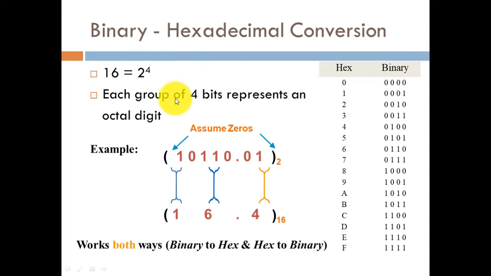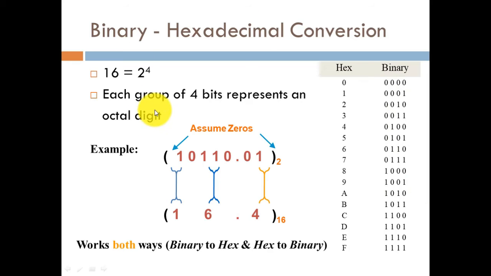Now this particular slide shows how we are going to convert binary to hexadecimal. Here also, in this table we have represented the various hexadecimal digits with their binary equivalents. 0 is represented as 0000, 1 as 0001. In a similar manner 9 is represented as 1001. A, B, C, D, E, F are represented likewise, and F is represented as 1111. So this is the hexadecimal digit, and this is its binary representation.